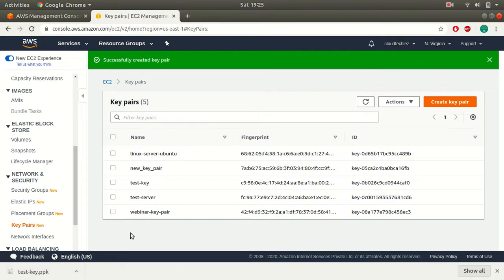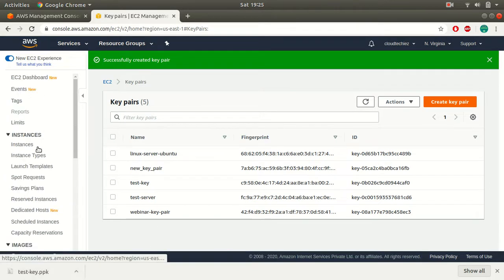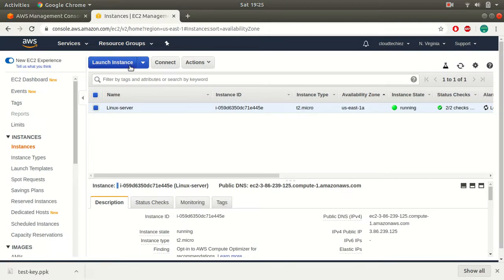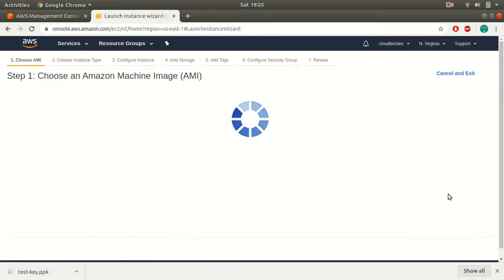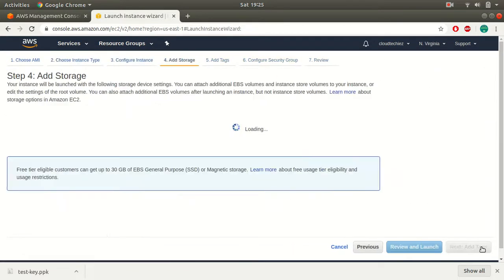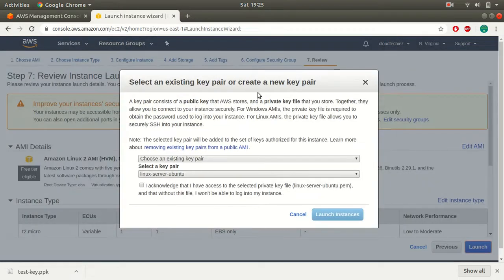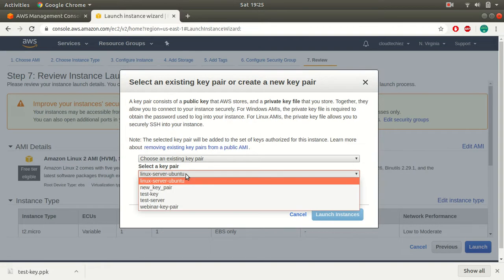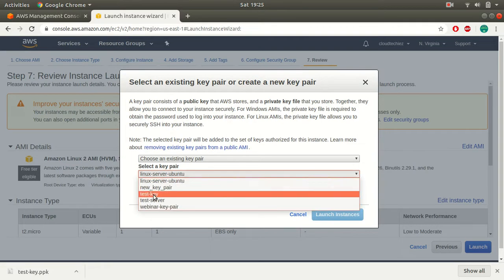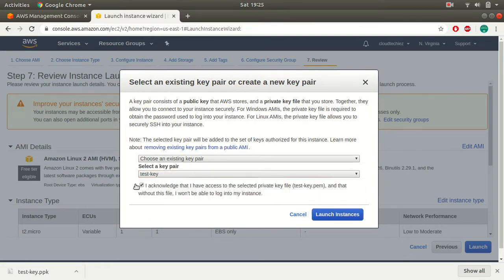When you're launching the instances, so here when we begin to launch a new instance, in your launch section, selecting your key pair, you can go with existing, and here you should see that key pair. What we are telling EC2 here is to add the public key inside the server, and I will use this private key to connect to my EC2 instance.